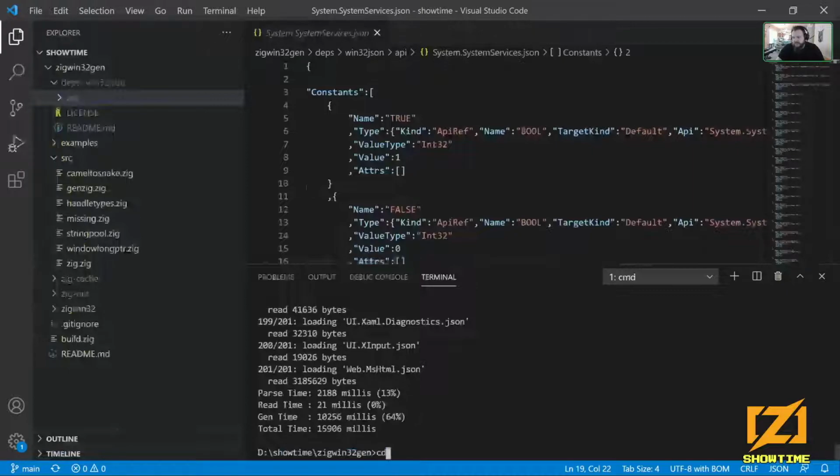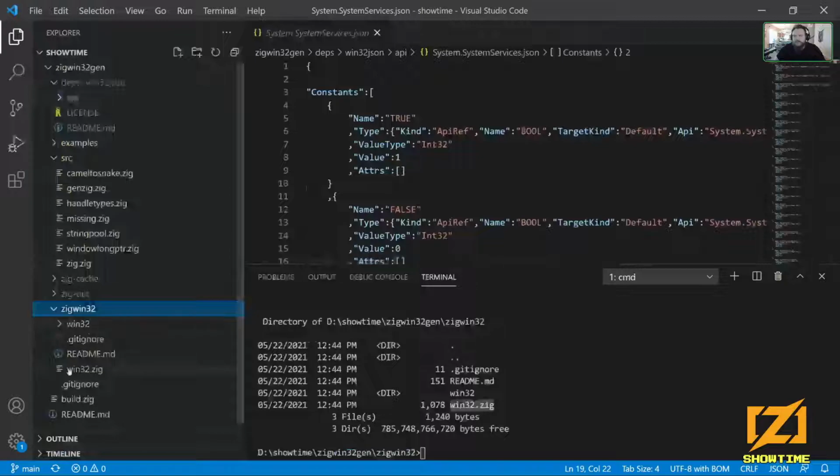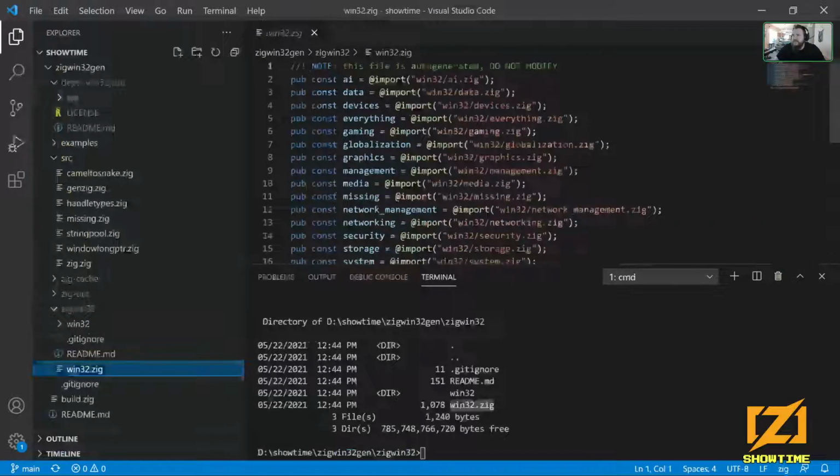So okay, let's cd into our Zig Win32 repo and take a look at what we got here. So it generates the main file win32.zig. And let's go into our file explorer here and just take a look at that. Gives you a nice message saying, don't mess with this, it's auto-generated. And